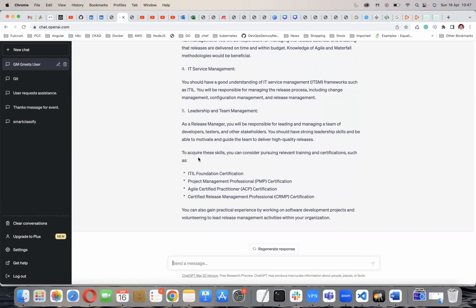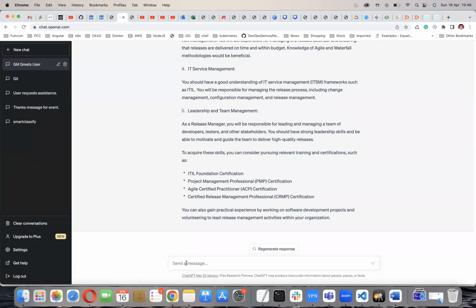You can see, to acquire these skills, you can consider pursuing relevant training and certifications such as ITIL Foundation certification, project management professional PMP certification, Agile Certified Practitioner ACP, and Certified Release Management Professional CRMP, right? So these are the basic certifications. So these are very simple questions.